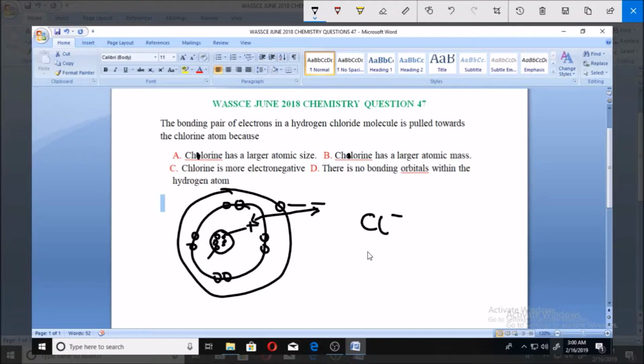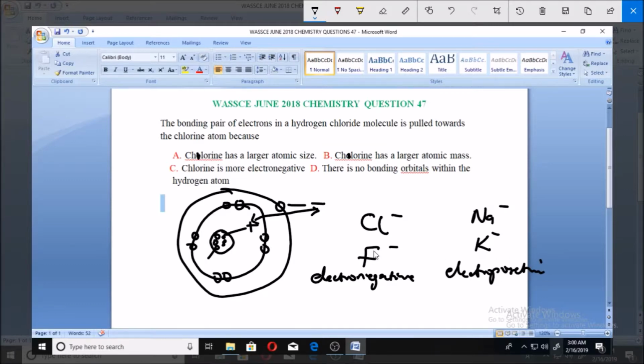So things like chlorine and fluorine, they are highly electronegative. And things like sodium and potassium, they are highly electropositive. So if you are having something that is highly electronegative, it's going to be attracting whenever there is bond